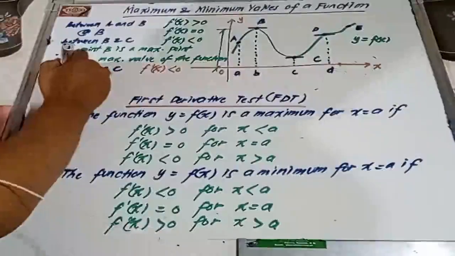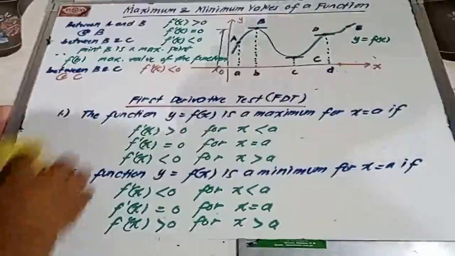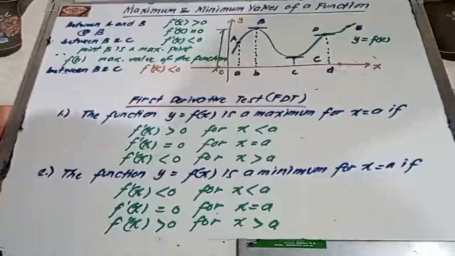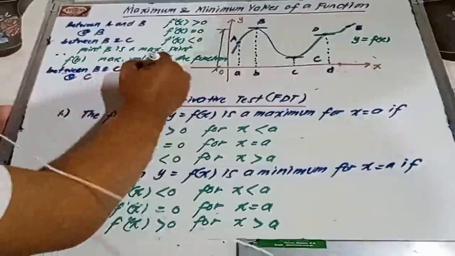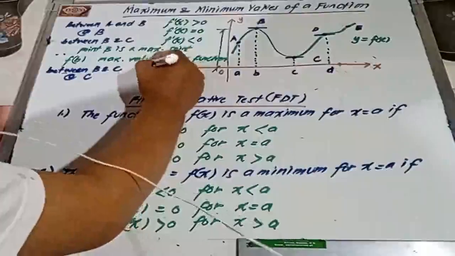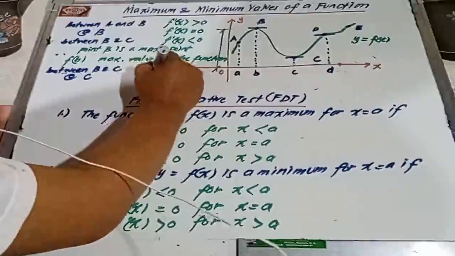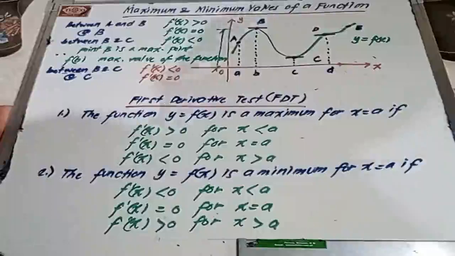Then, pagdating naman sa point C, okay, gawin natin to. At C, ang ating first derivative dyan, 0. Kasi ang ating tangent line is parallel to the x-axis. And then between C and D,